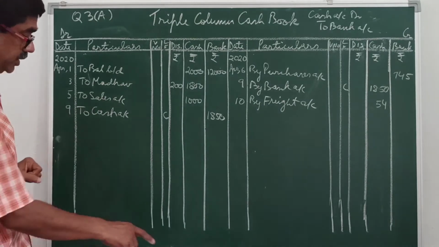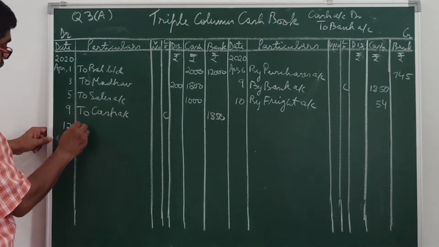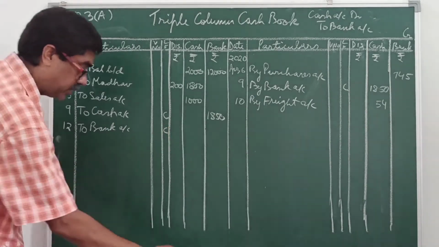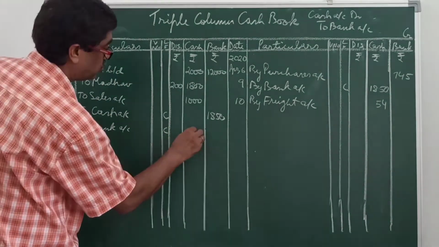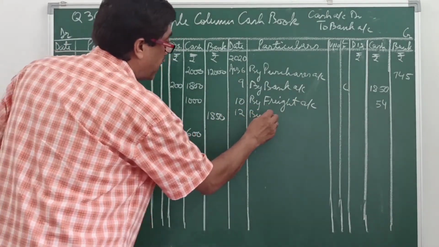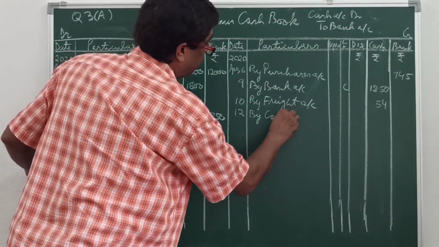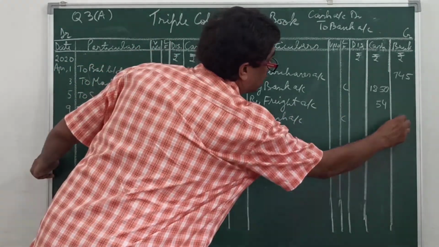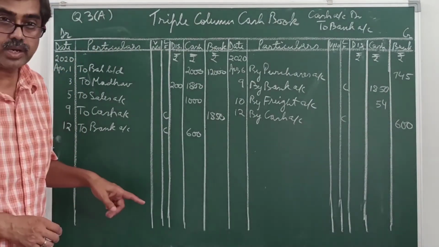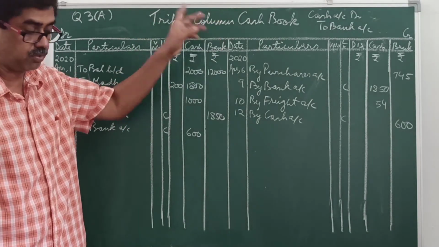So let's post date 12. Cash account being debited, so cash column. Opposite that is bank, so to bank account contra, and the amount is 600 in the cash column. So debit what comes in. On the opposite side, the credit side, by. Now who is the giver? Bank. So bank is the giver. Bank account will be posted, contra 600 in the bank column. Thus completing the double entry system is called a contra entry. There are two contra entries: deposit cash into bank and withdrew cash from bank.